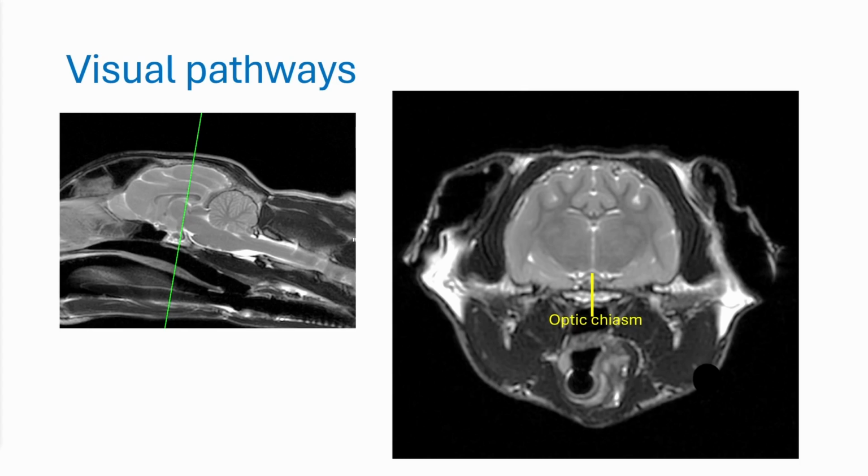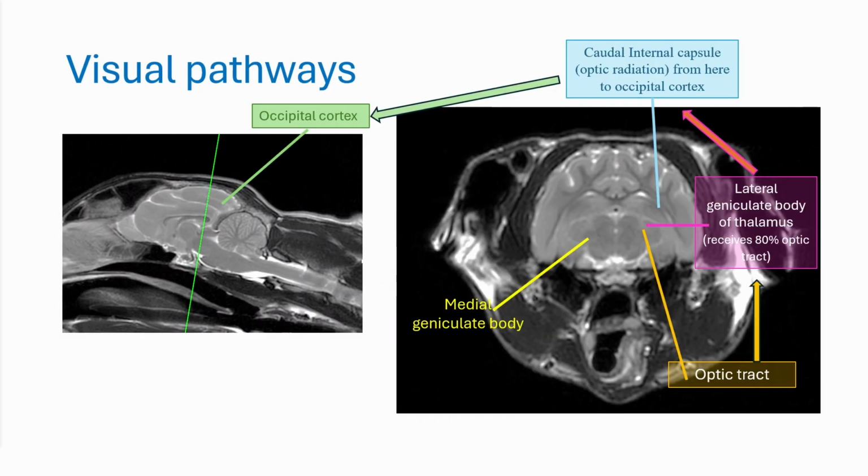So what are our visual pathways? We start off at the optic nerve, and then we go to the optic chiasm, which is this slice here. We can just see the optic chiasm there. Then this will travel via the optic tract, and you have to imagine that it's coming roughly in this region here. At this level it's about there, making its way to the lateral geniculate body of the thalamus, and it will